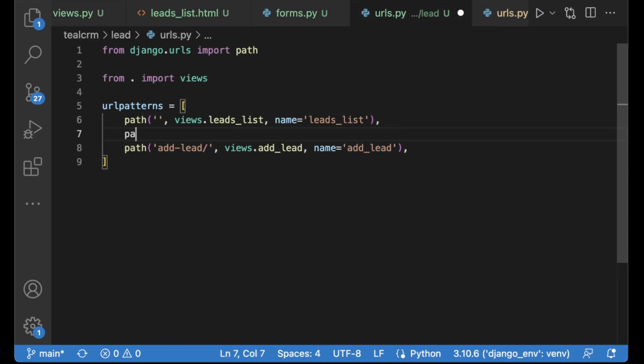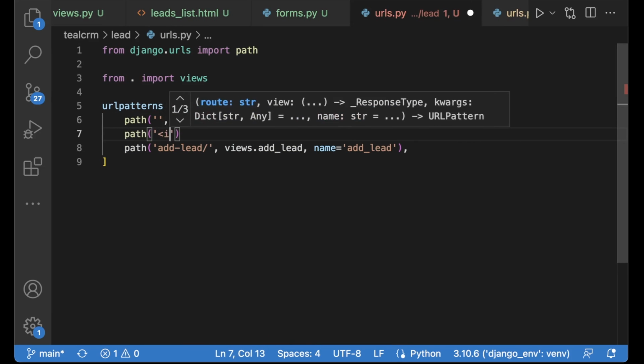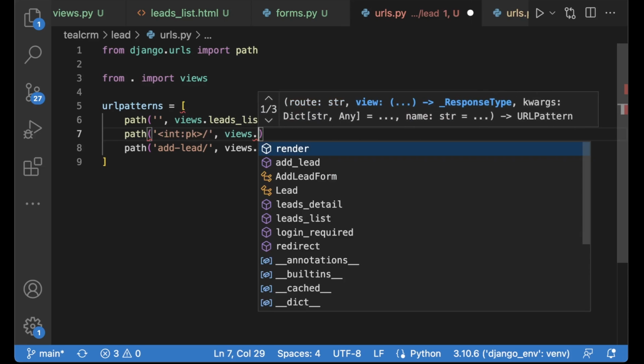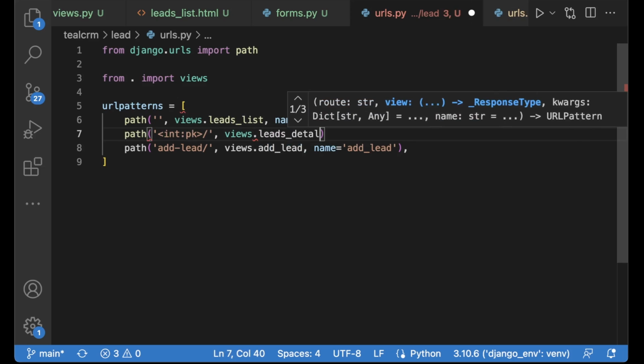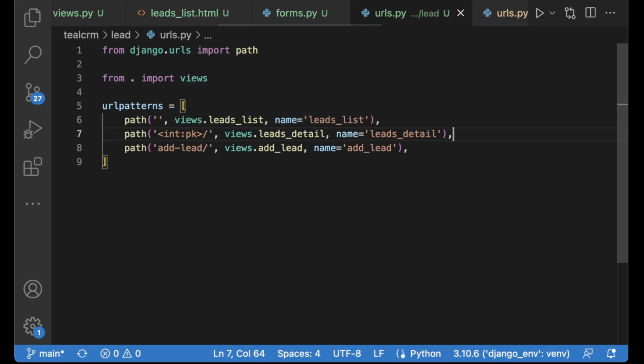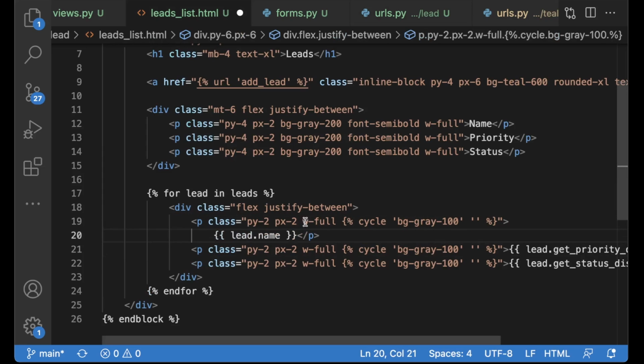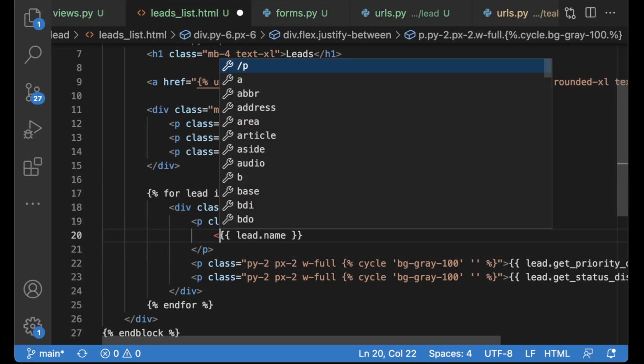So below here, path, and here we want to expect an integer called pk, views.leads_detail, name leads_detail, and save. So if I now go back to the leads list, I need to change the name here to a link.